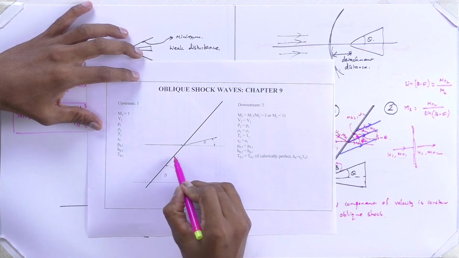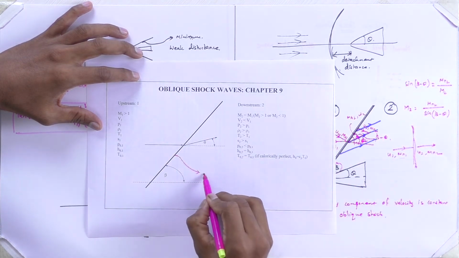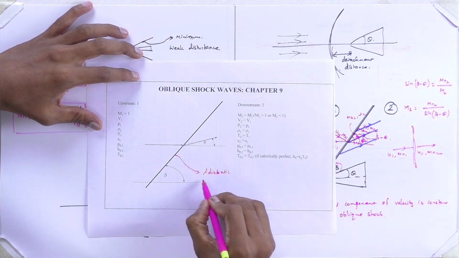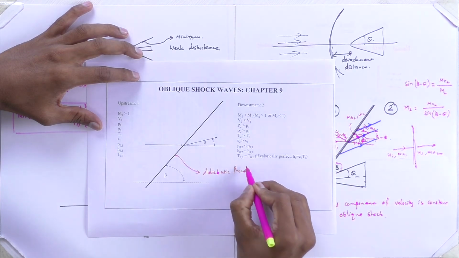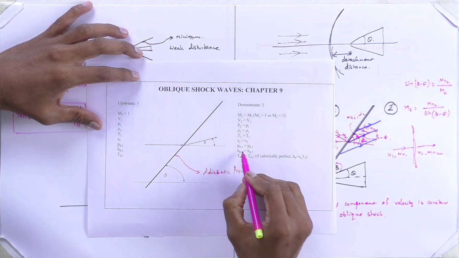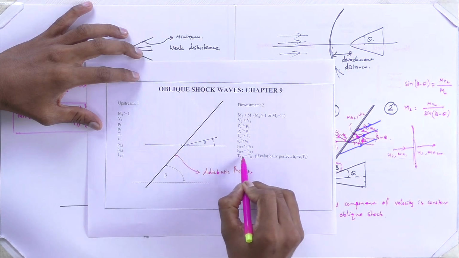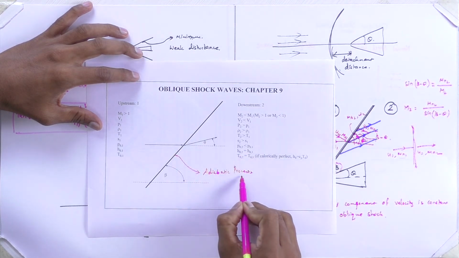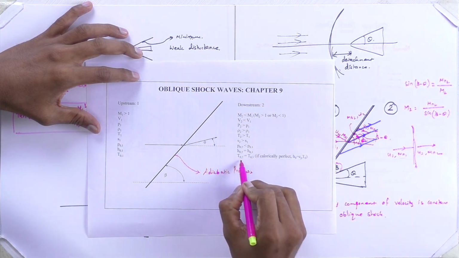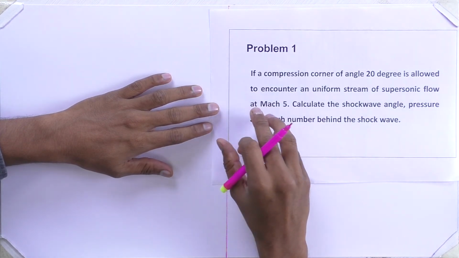Entropy obviously always increases. The flow process across this oblique shock wave is similar to normal shock wave, that is an adiabatic process. As per the second law of thermodynamics, in an adiabatic process, the entropy change must be positive. Here at downstream, the stagnation pressure decreases. Since the flow process across this oblique shock wave is an adiabatic process, it will have constant stagnation enthalpy and constant stagnation temperature. Now let us solve one problem on oblique shock waves.